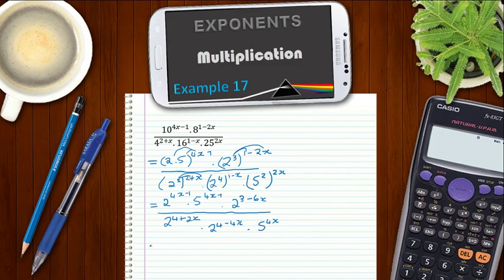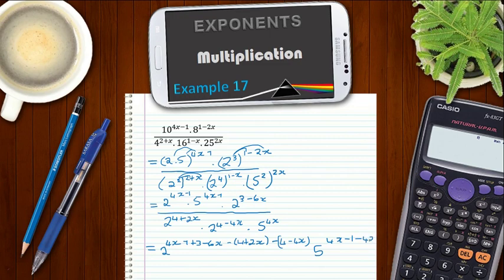Now for the next step, we have to group the same bases. So you can see we've got bases of 2's and we've got a base of 5's. Now simply grouping them, we write down the 2, and then we start by adding our exponents. We add the exponents that's on top and we subtract the exponents that's at the bottom. So we say 4x minus 1 plus, so there's another 2, 3 minus 6x, and then we subtract these guys and we say subtract 4 plus 2x, very important that you put your brackets, and then minus 4 minus 4x in brackets. And then for the 5's, we have 4x minus 1,